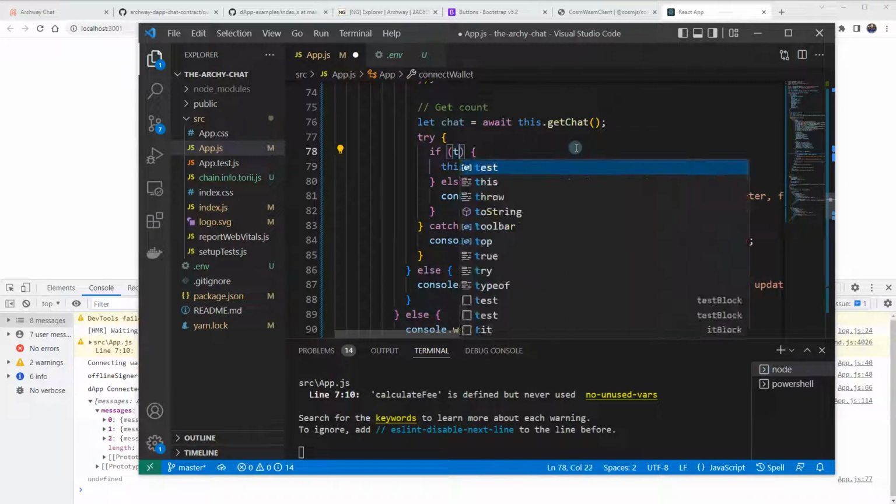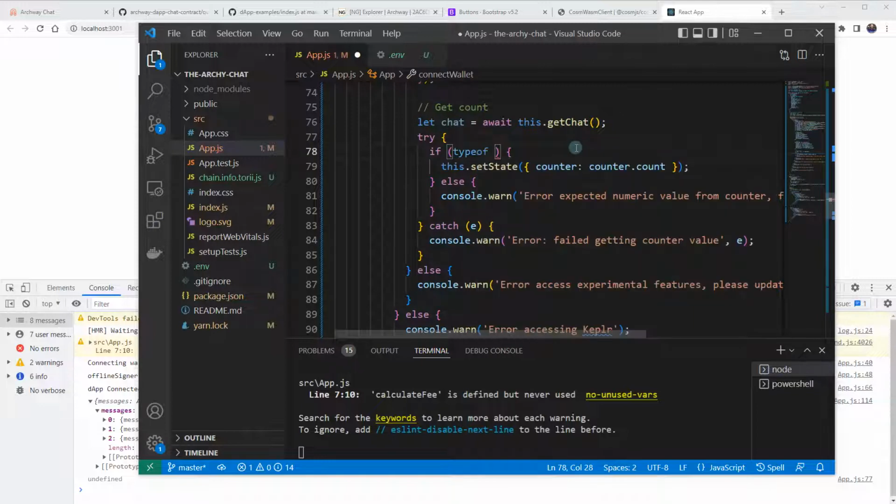If typeof chat.messages not equals to undefined, so we do chat